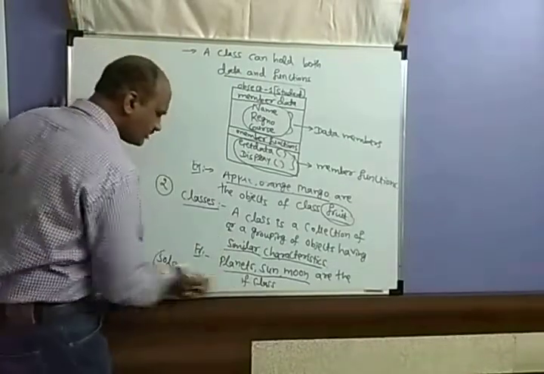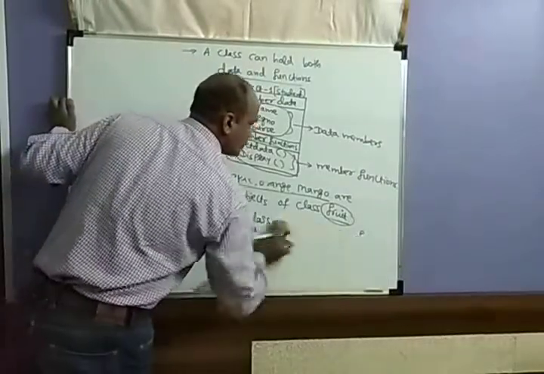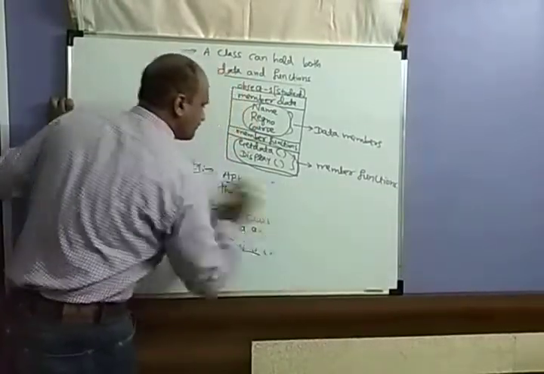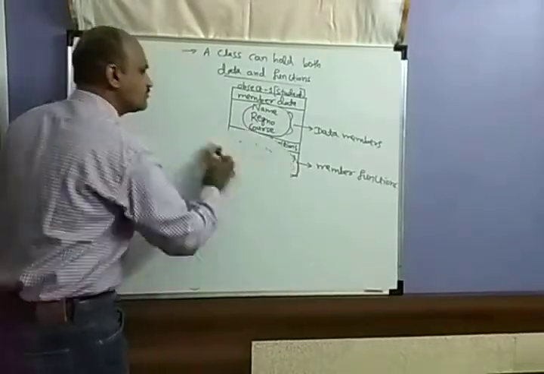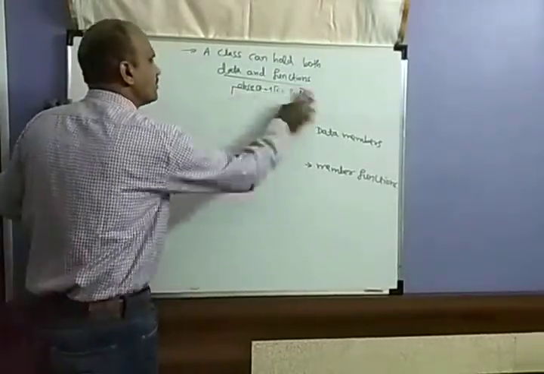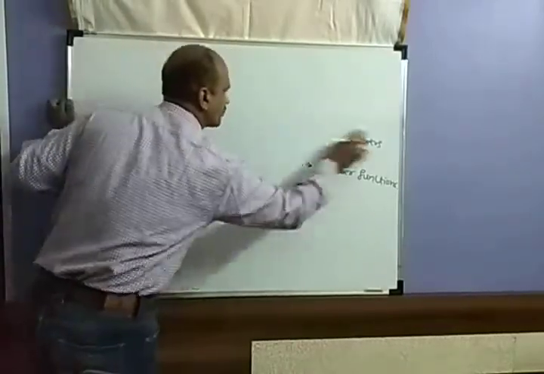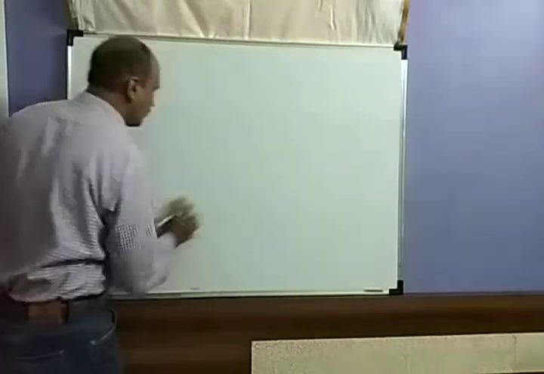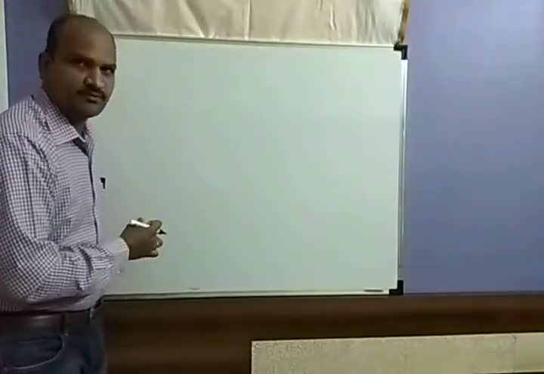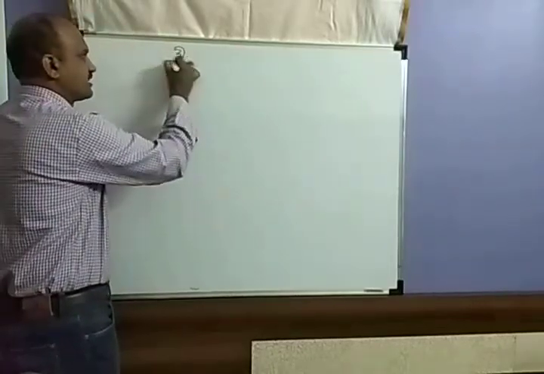Okay. Next, the first one is the object, the second one is the class. So these two are very important, because when you go to the next videos or the next chapters, we are using classes and objects for the OOPS concept. Okay. So the third one is data abstraction.